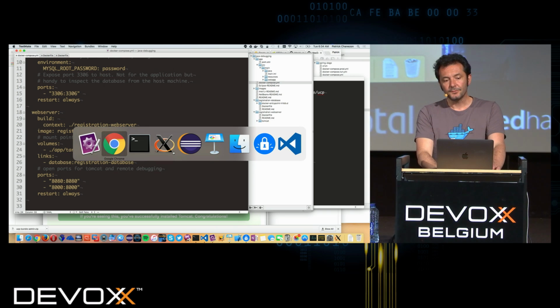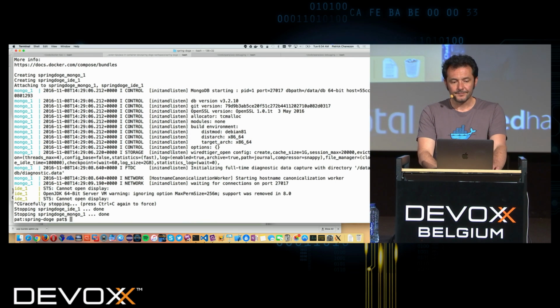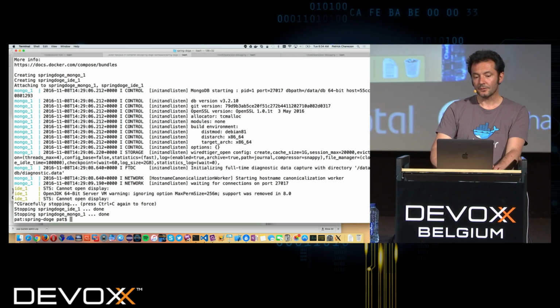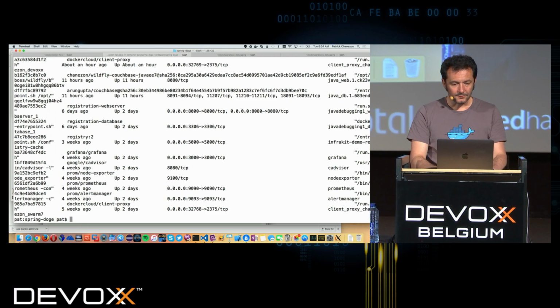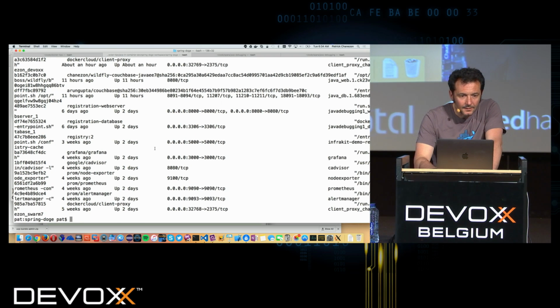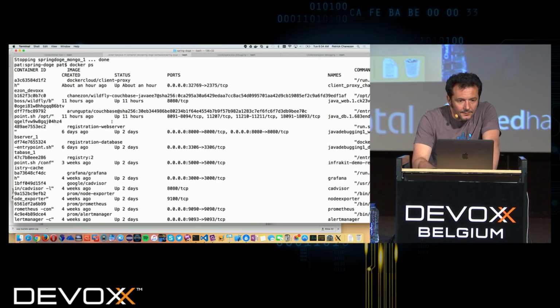Once you've done that, you start this app with a compose file. You do a docker-compose up. I've done that already. You can see it there: registration web server, registration database.